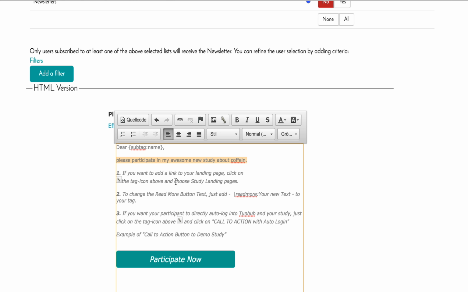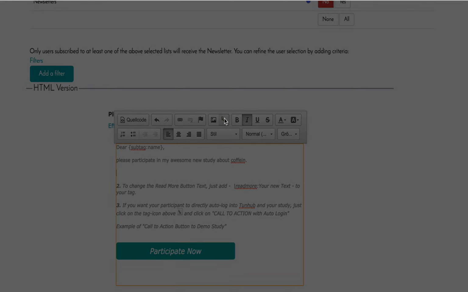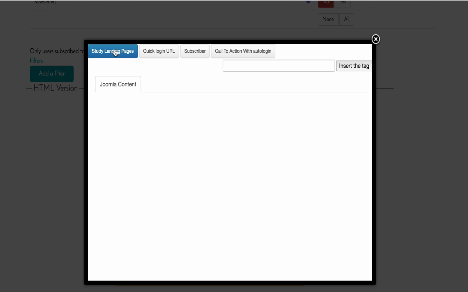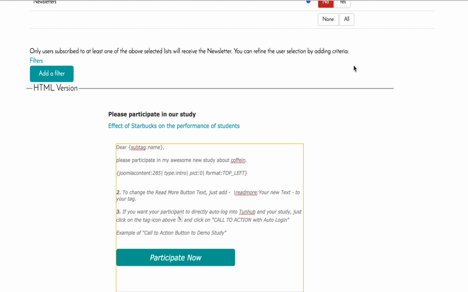If you want to add a link to your landing page, the landing page of your study, which you just created, you can again click on this icon and choose study landing pages. So let's do that. We want to add the link. We just click again on our tag, and then we click on study landing pages. And you remember our demo study May 2016. And then we insert this tag, and see, now it's inserted,